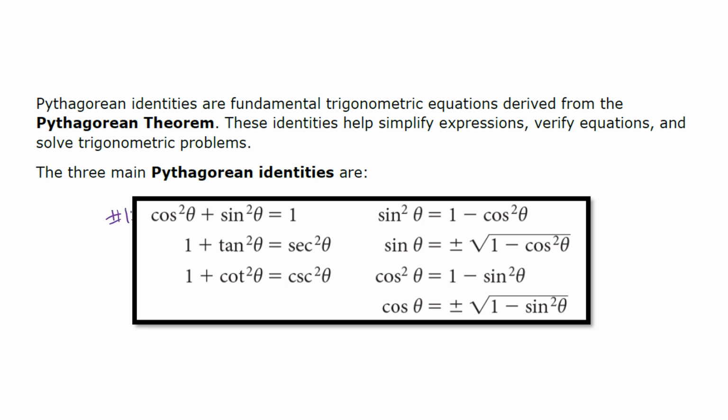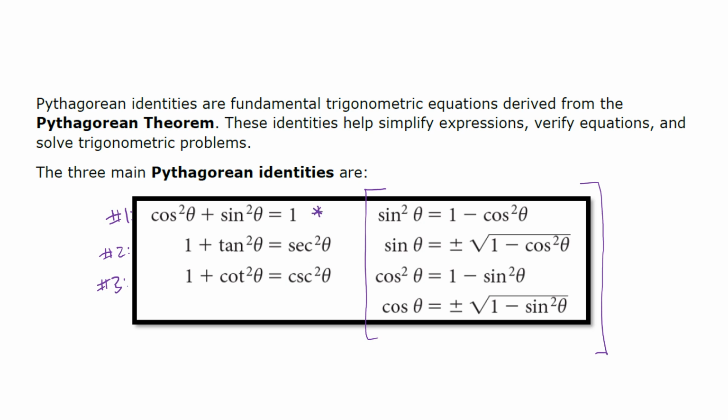One, cosine squared theta plus sine squared theta equals 1. The second one, 1 plus tan squared theta equals secant squared theta. And 3, 1 plus cotangent squared theta equals cosecant squared theta. All of the identities on the right side here are derived from the first